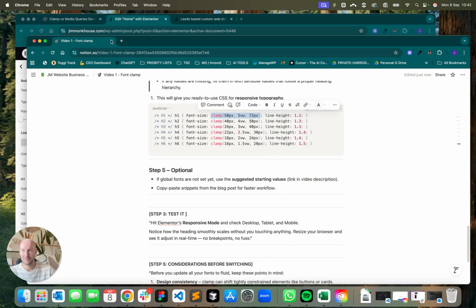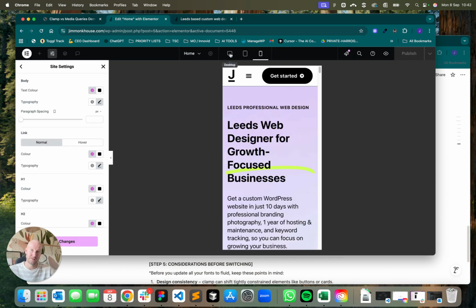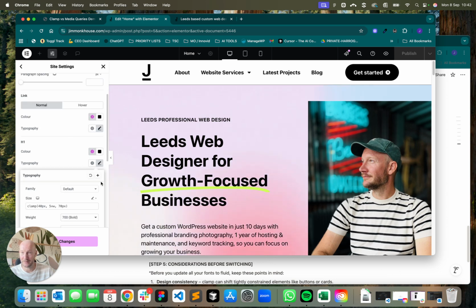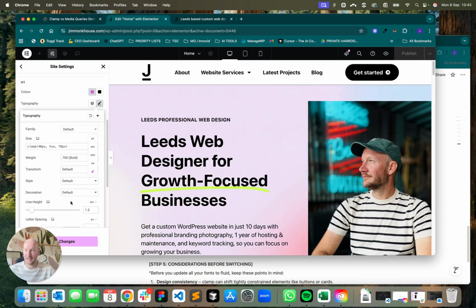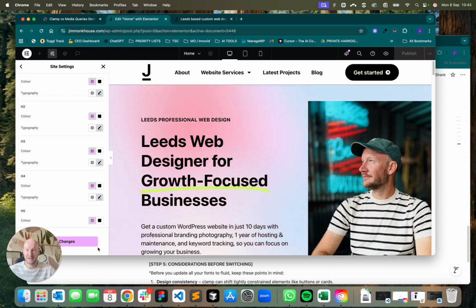So we're going to copy that, and then just at desktop level, because it's taken care of in the others, so make sure you're on desktop, we're going to come into each of the pen icons, and then on the drop down we're going to make sure we choose custom, which is at the bottom here, and we're just going to paste our clamp directly into that there, and also our accompanying EM is going to be on the line height. And then just make sure we save all our changes,